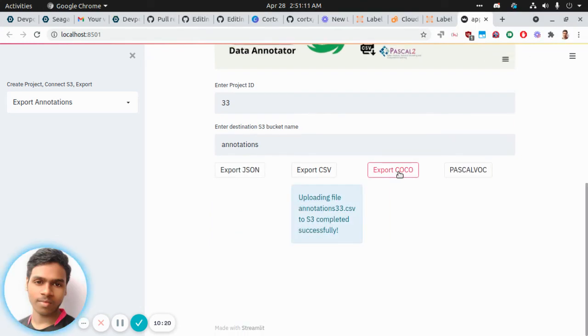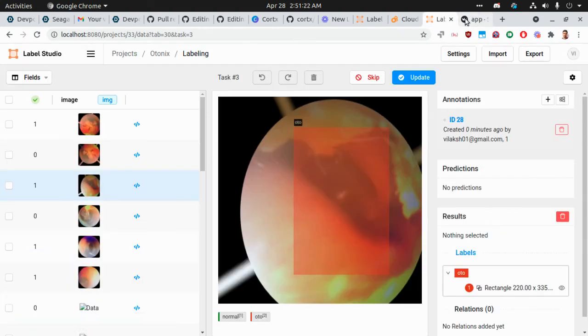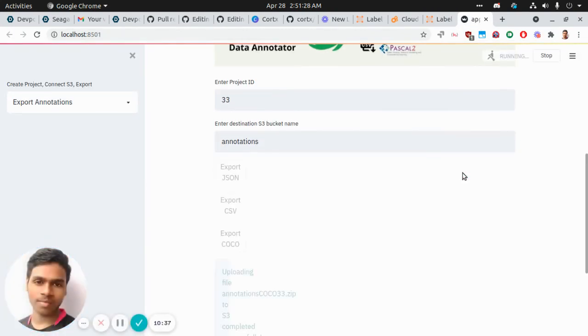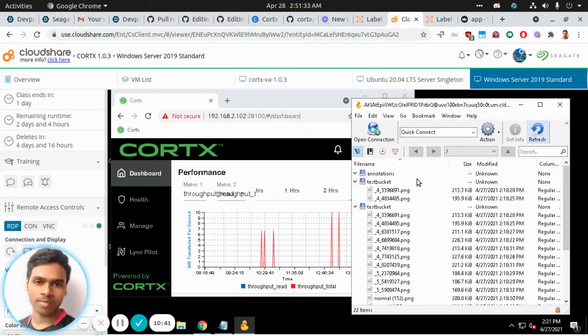You can also export the Coco data set. It's a widely used data set, this annotation. So Label Studio supports a vast majority of these export features. Pascal. So once this one is uploaded, you can just check the annotations.